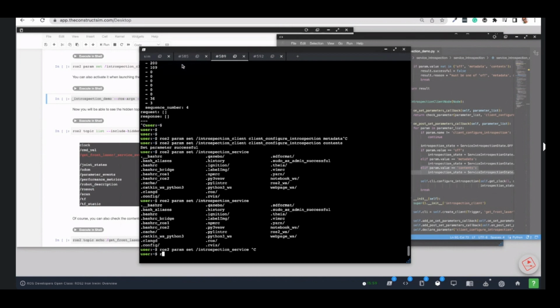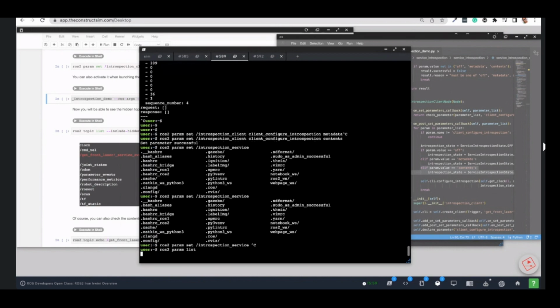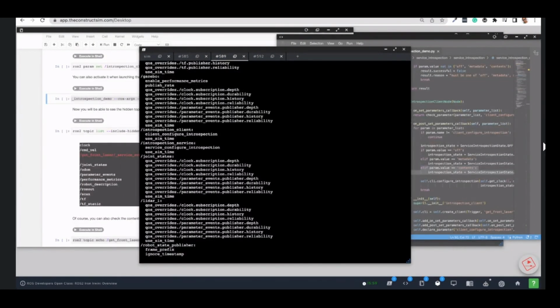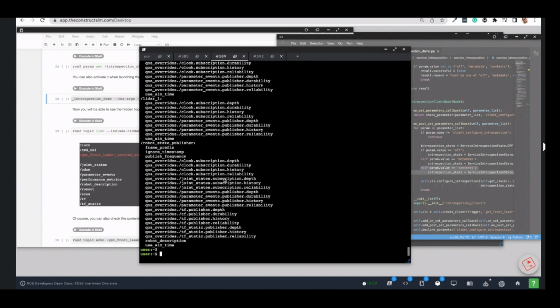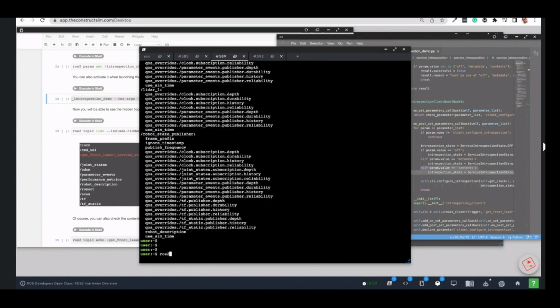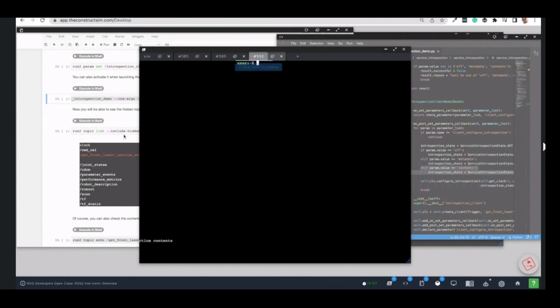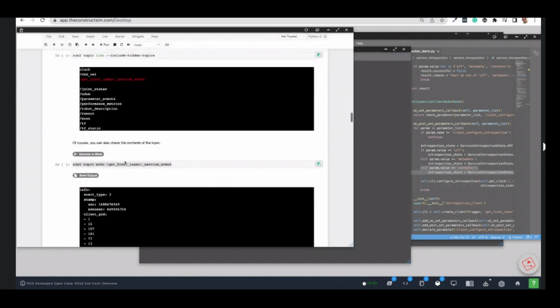What goes here? Let me say ROS2 param list. Okay. So ROS2 param set. There you go. Okay. So now, if we analyze this topic,